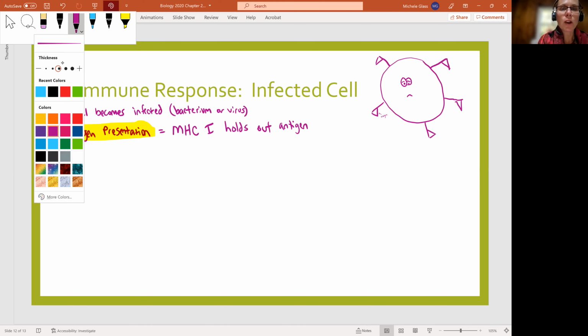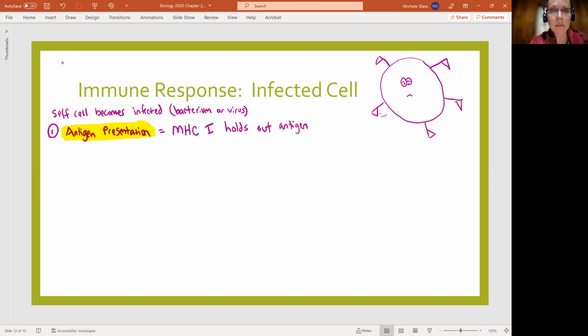So thinking about our pattern, we said the very first step in initiating any adaptive immune response is antigen presentation. And the very second step is an inactive lymphocyte recognizes and binds. So here, remember, we are looking at class 1 MHC markers. And so what that means is it will be a CD8 T cell that will recognize